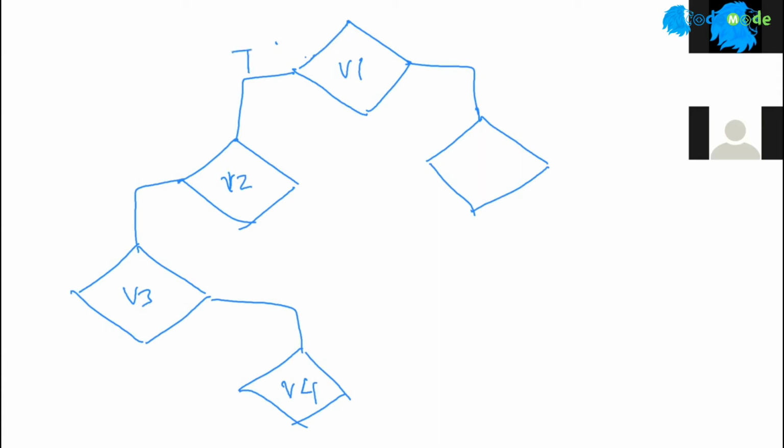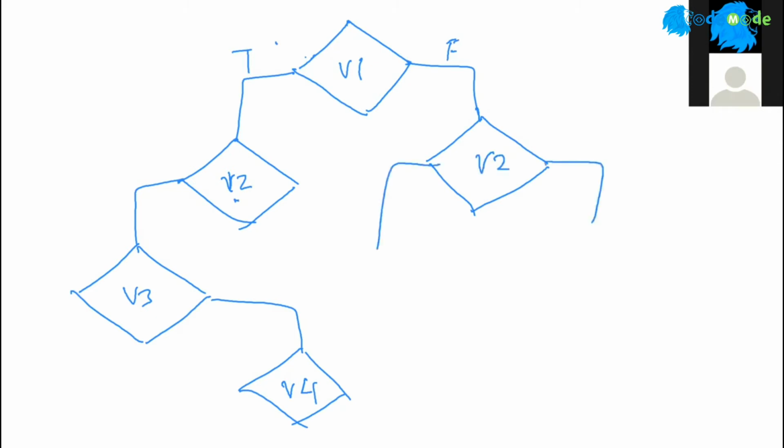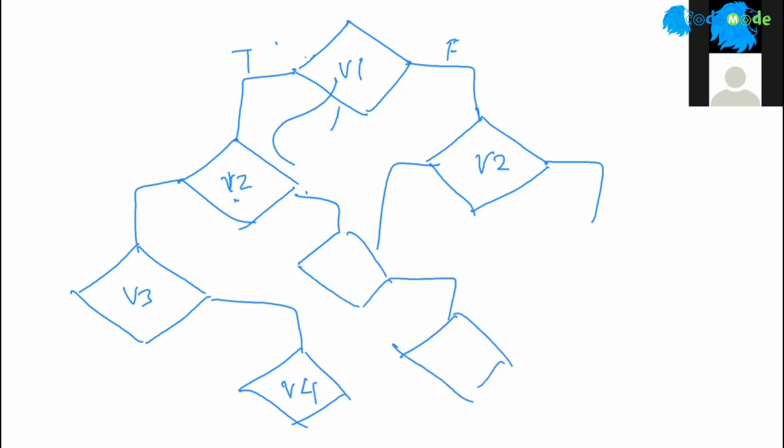if variable 1 is true on this side and what if it is false on this side. Now you have to check variable 2 on this side also, because it is possible that if it is false, you want, based on a certain condition, to do something else. And then again, each branch needs to be replicated on every side, and it's going to get complicated because you may traverse like this, then this, then this,